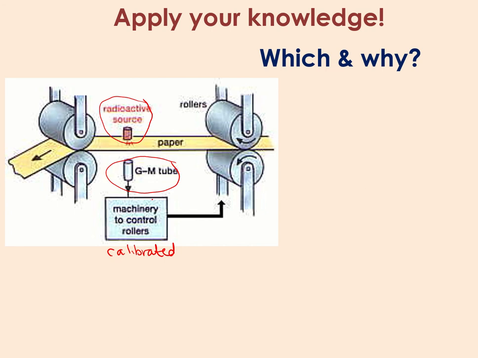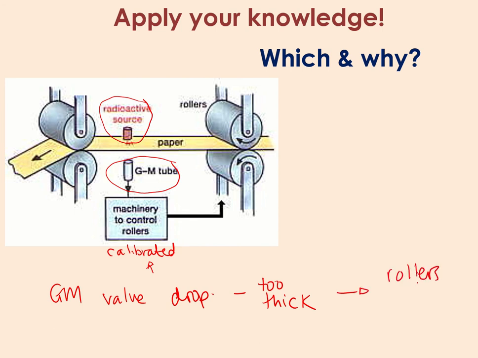So the machine knows what the calibrated value should be. If the value that gets to the Geiger-Müller tube suddenly drops and goes down, what does that mean about the thickness that's going through the rollers? Well, if it's dropped, what that probably means is the paper's got too thick. So what do the rollers need to do in response to that? If the paper is too thick, the rollers need to push closer together. So the rollers move